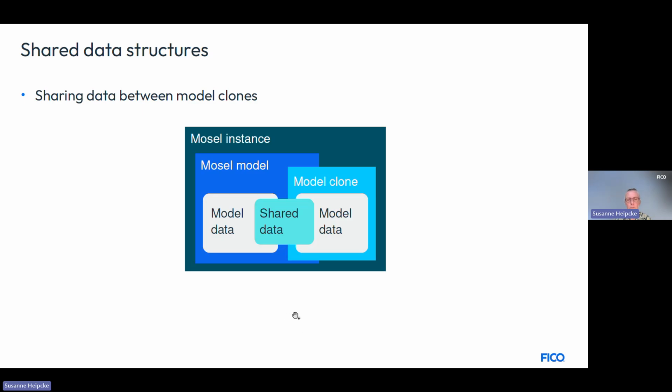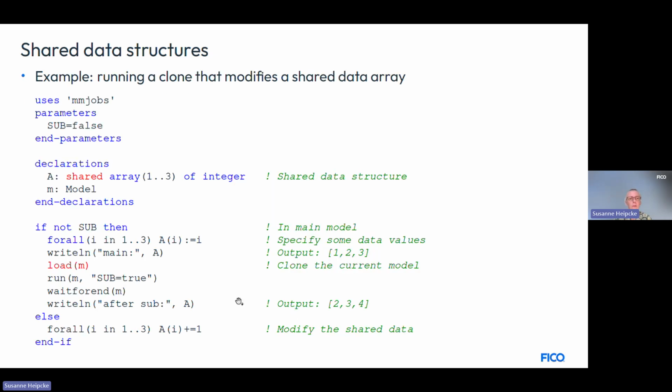So there is no copying happening at all. And given that we are not copying, if I mark up this data now, this keyword shared, I'm loading. Here you see loading. It's not using any name of a Vim file. That means just the model itself is duplicating itself. And I'm either using sub with false, which is default, or I'm using sub with true to start the submodel one